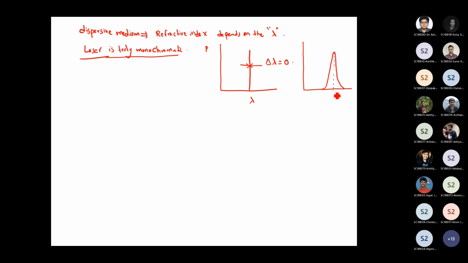The center wavelength is going to be, let's say, lambda naught. Here also let this be lambda naught. So you are going to have a central wavelength, and then a finite line width. This line width delta lambda is the same as the full width at half maximum. That means you calculate the maximum power, let's say P naught, and then take half of that power, P naught by 2. You take that delta lambda. That delta lambda is called the full width at half maximum, or simply the line width.